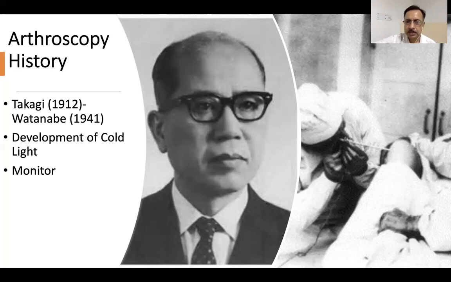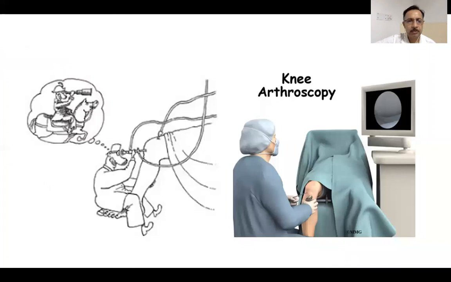Now, in those days, arthroscopy was very difficult to perform because there were no monitors. So people used to look through the scope inside the joint, and it was similar to riding a horse, holding a telescope in your hand. So you are not in total control of anything. So things really started developing with the development